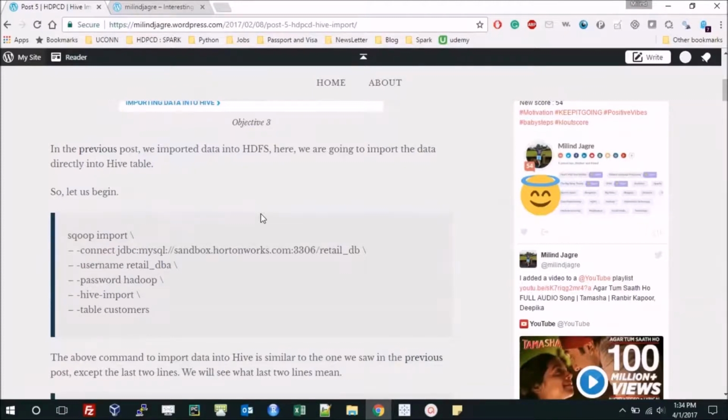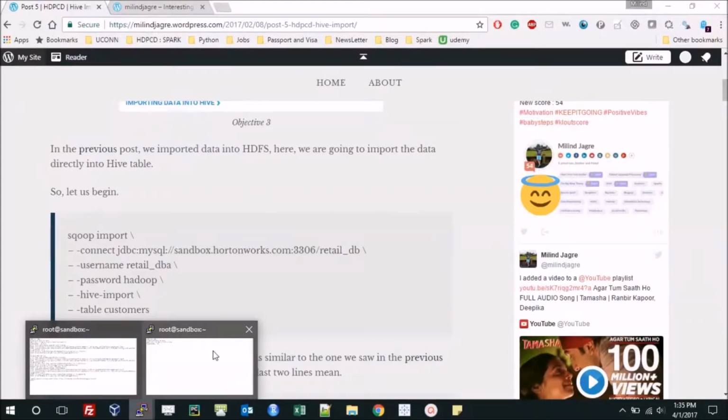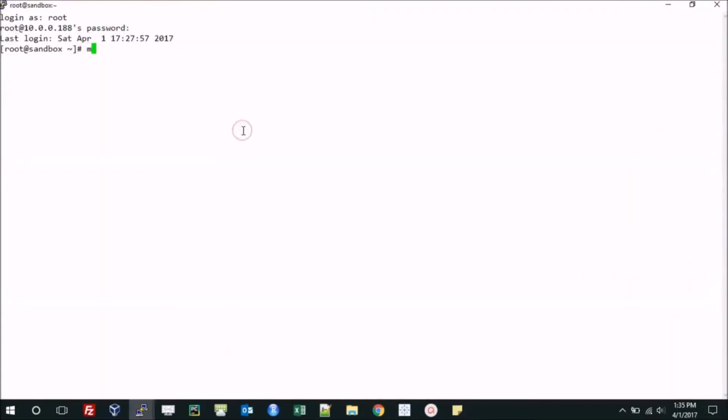We want to import the data from the customers table in the MySQL retail_db database, with the username retail_dba and password being Hadoop. So let us log into MySQL to get a sense of the data that we want to actually import. I'll log in like this,